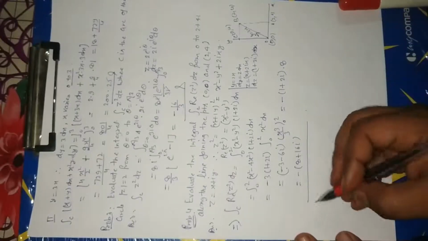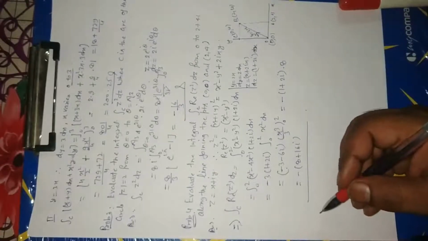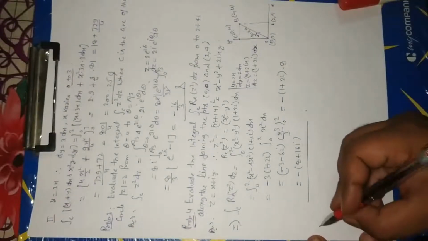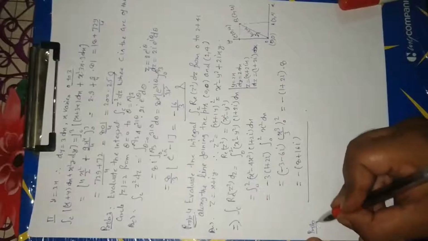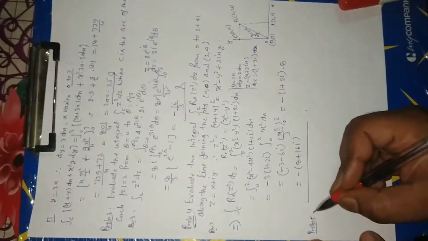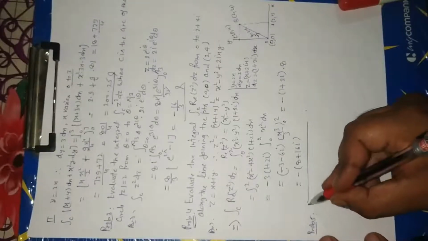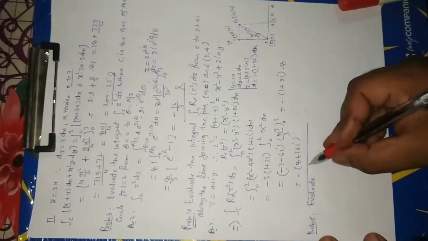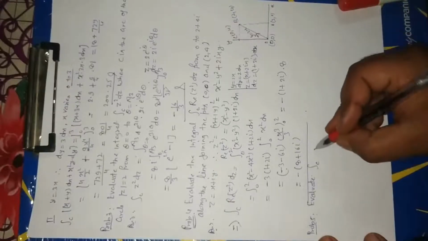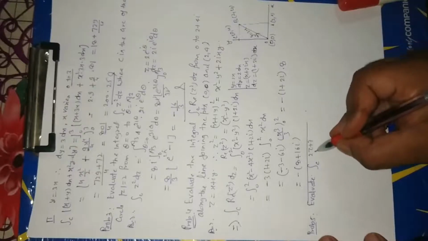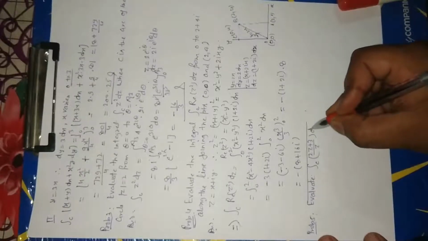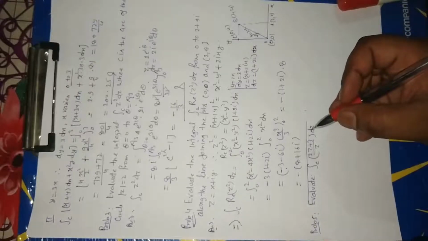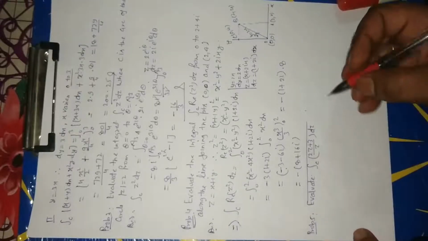Now taking the next problem, problem number 5. Problem 5: Evaluate the integration over contour C of (2z plus 3 upon z) dz, where C is